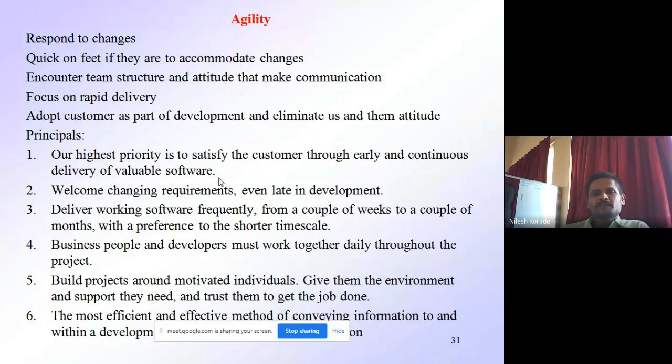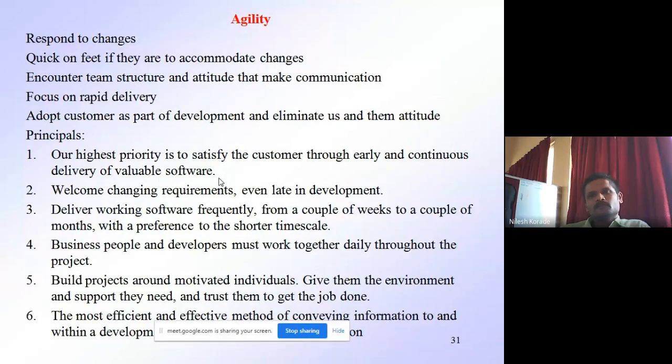If you satisfy your customer, only then will you do business in the software market. So welcome changes to requirements; this is the second principle of agility. Third principle: deliver working software frequently, from a couple of weeks to a couple of months, with a preference for the shorter time scale. This principle says you have to deliver a working software product frequently, within a week or within a month.